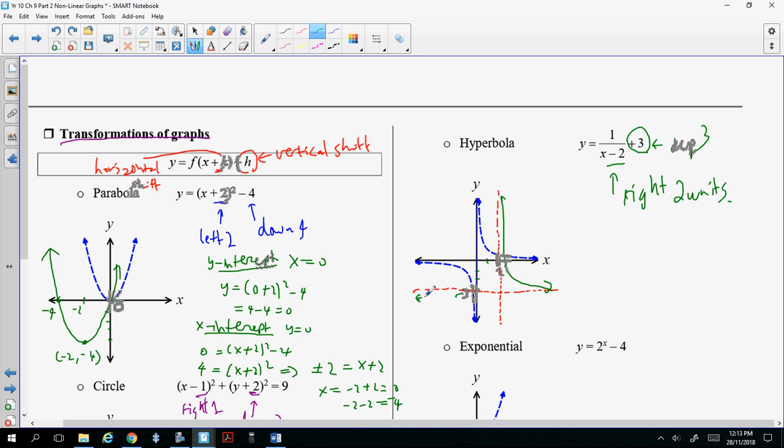That's the new hyperbola. And then you can find out what the x-intercept is, what the y-intercept is. Let's do the y-intercept. That's where x is 0. So you get y equal to 1 over 0 minus 2 plus 3, which is equal to 3 minus a half will be 2.5. The y-intercept,